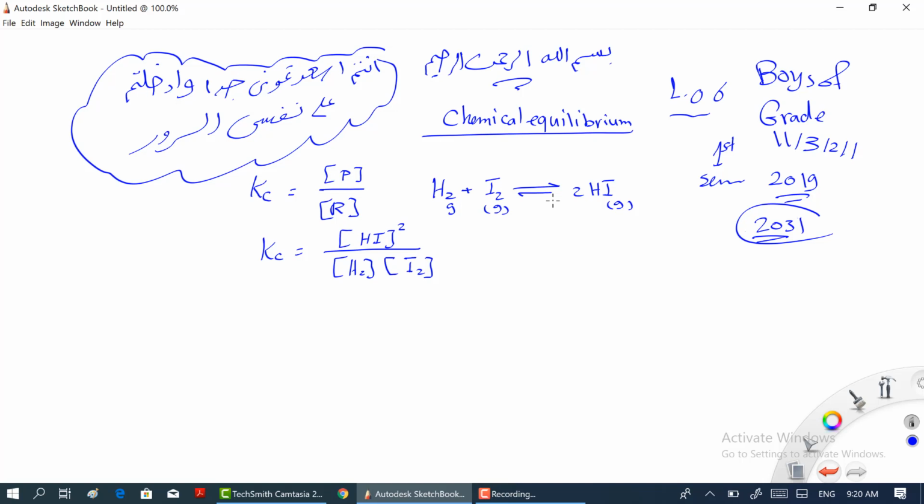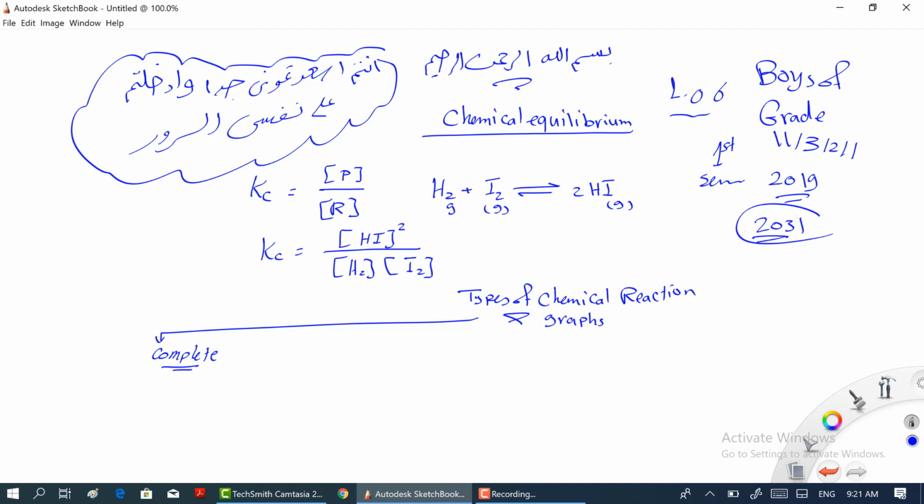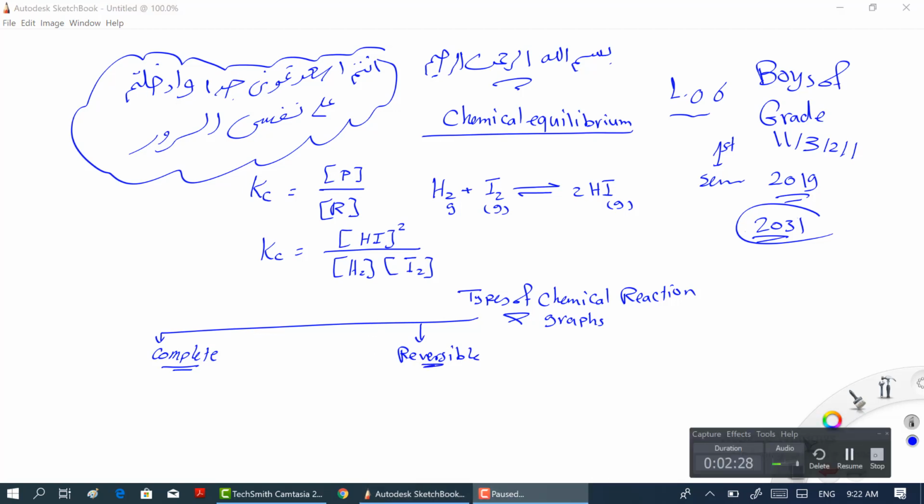So, returning back to the types of chemical reactions, and graphs. Maybe you will find a complete reaction, or maybe it is reversible. In the complete reactions, we'll find one of the products out. Maybe we are talking about complete reactions like